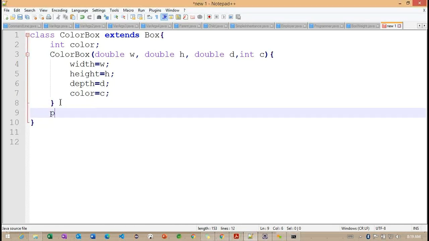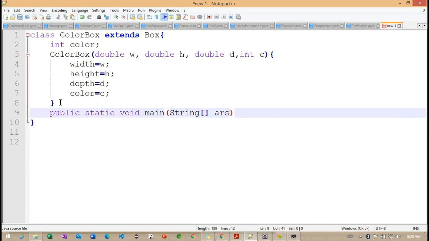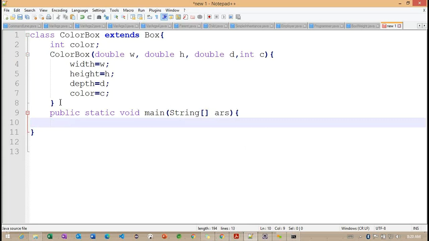And simply after the constructor, I will check with the color box constructor.